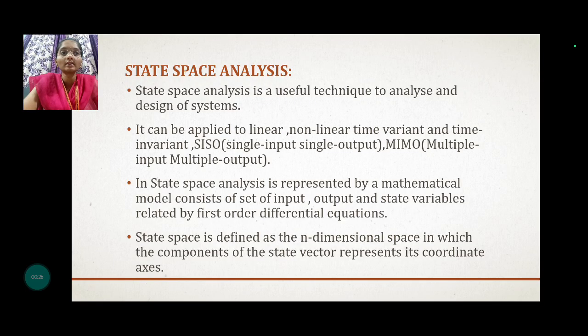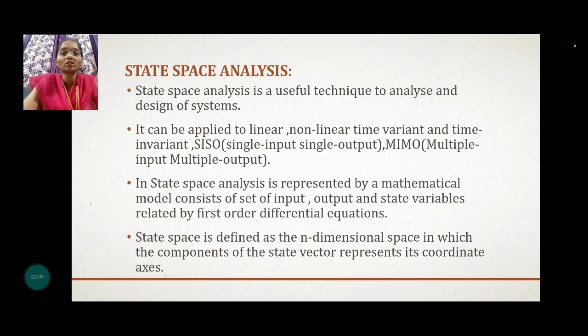State space analysis is a useful technique to analyze and design systems. It can be applied to linear, non-linear, time variant and time invariant systems. SISO is nothing but single input, single output. MIMO is multiple input, multiple output. State space analysis is represented by a mathematical model consisting of a set of input, output and state variables related by